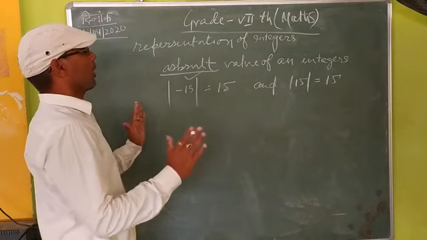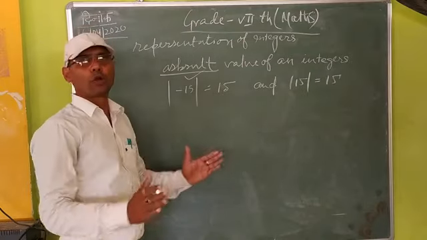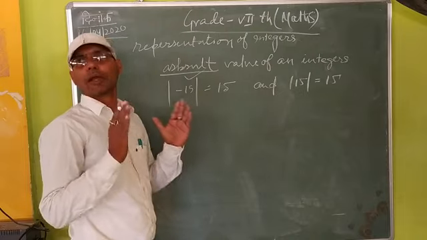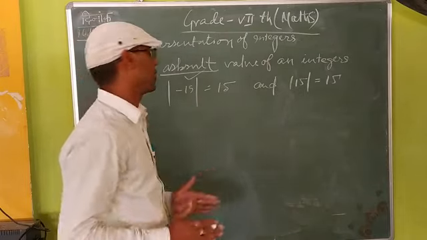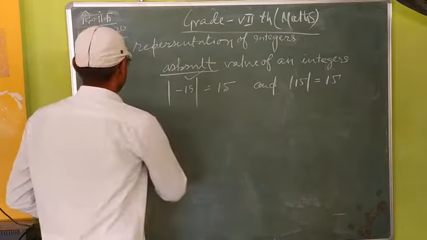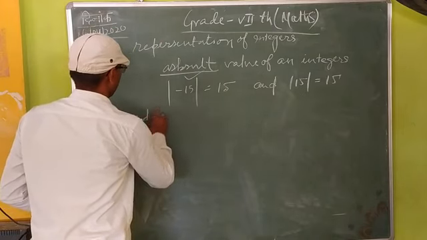In the absolute value of an integer, we have to ignore the positive or negative sign of the integers. Now addition, add two integers